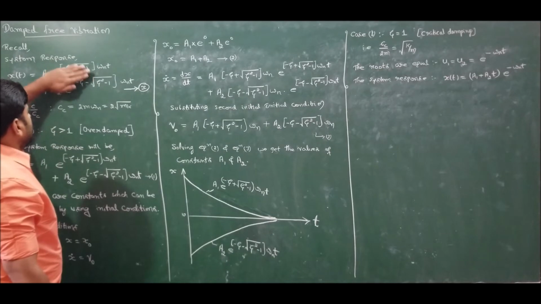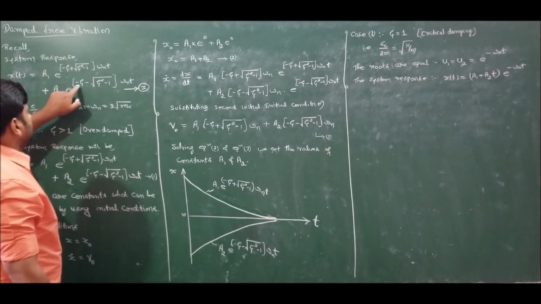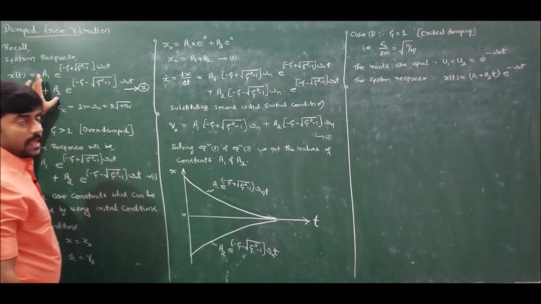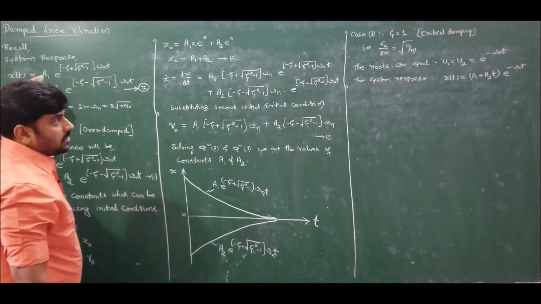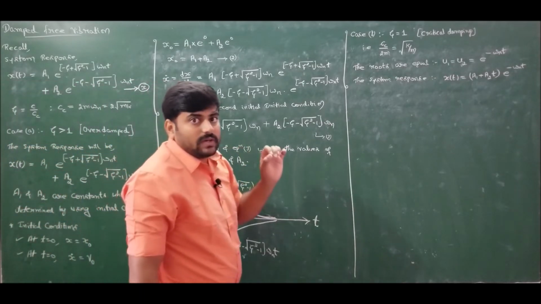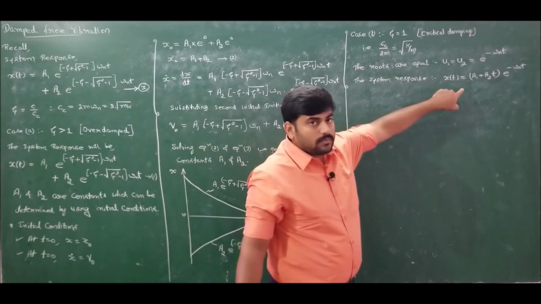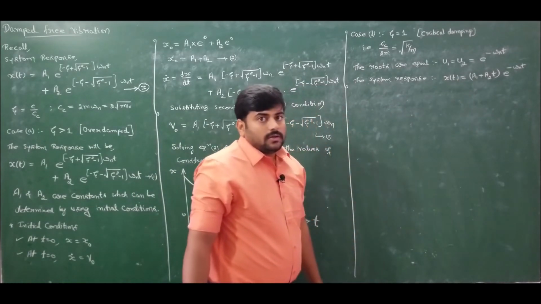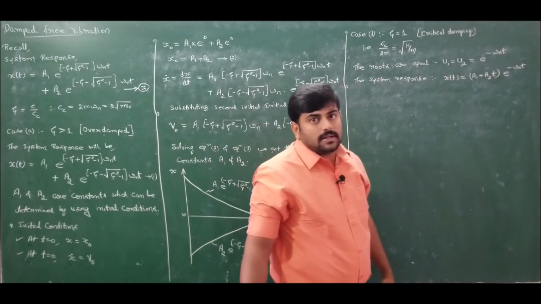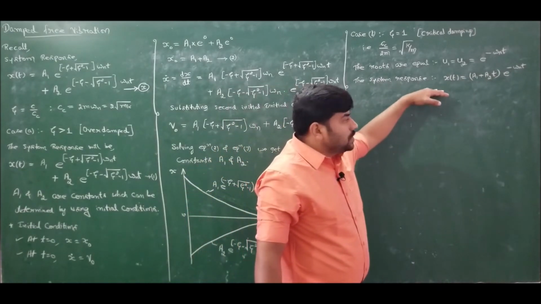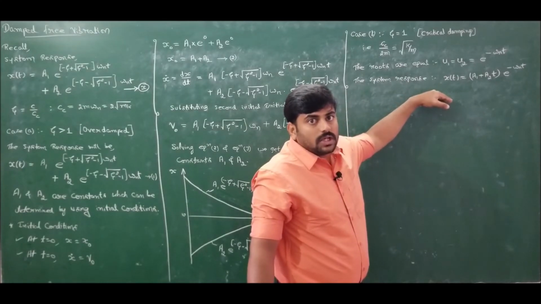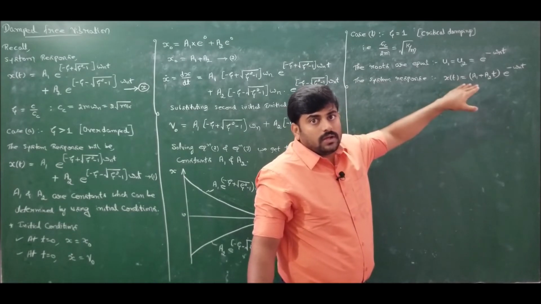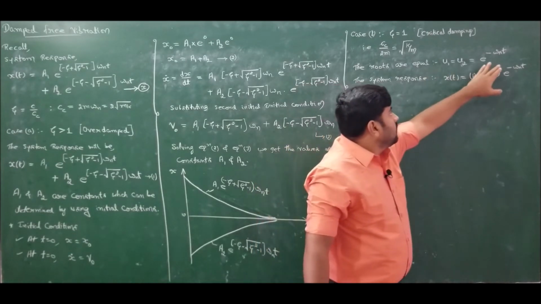So since these two vanish, it is e to the power of minus omega nt, e to the power of minus omega nt. If I take e to the power of minus omega nt common, it is just a1 plus a2. That is not the system response. The solution for the second order ODE, whenever the roots are equal, will be of this form: a1 plus a2 t into e to the power of ut, where the value of root is minus omega n. Got it? The general solution for a second order ODE with equal roots will be of the form a1 plus a2t e to the power of ut, where the root u is nothing but minus omega n.